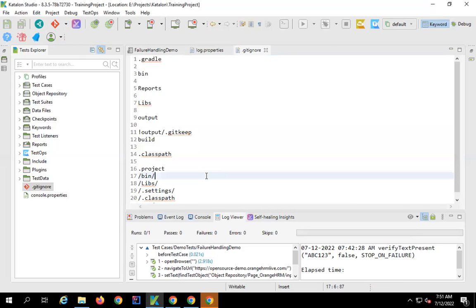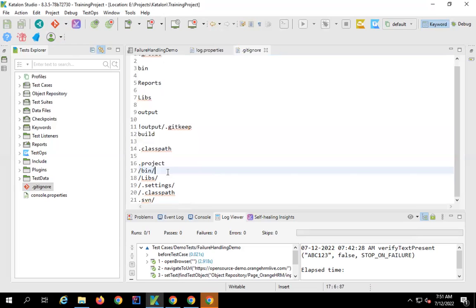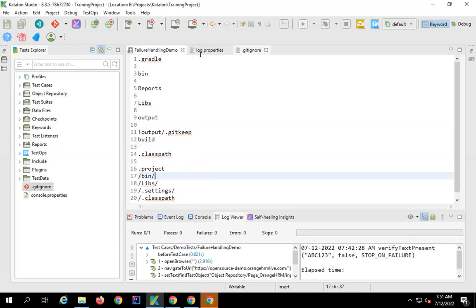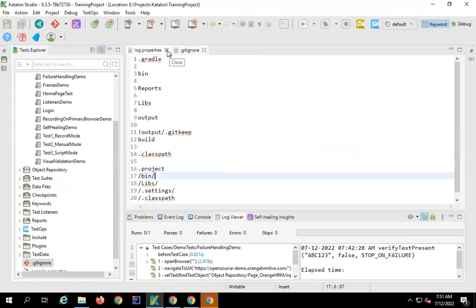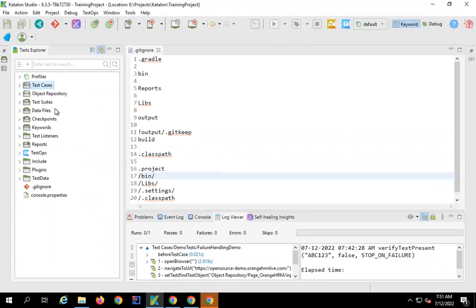Okay. And also it has added some more options on .gitignore file, which is fine. So our project is now being tracked by Git. At this moment, if you now again go to this Git dropdown, you will see all these options enabled: commit,